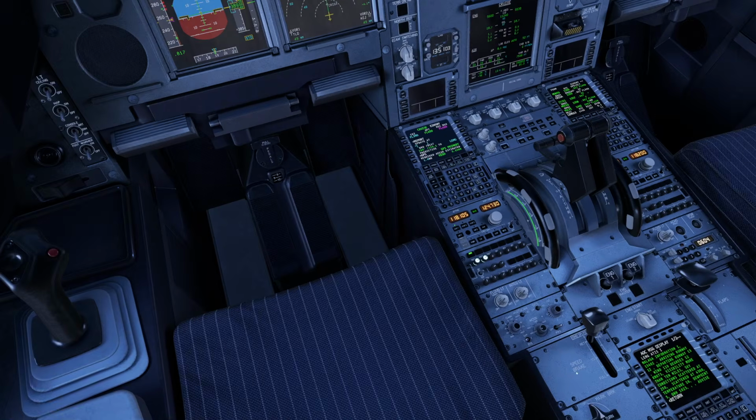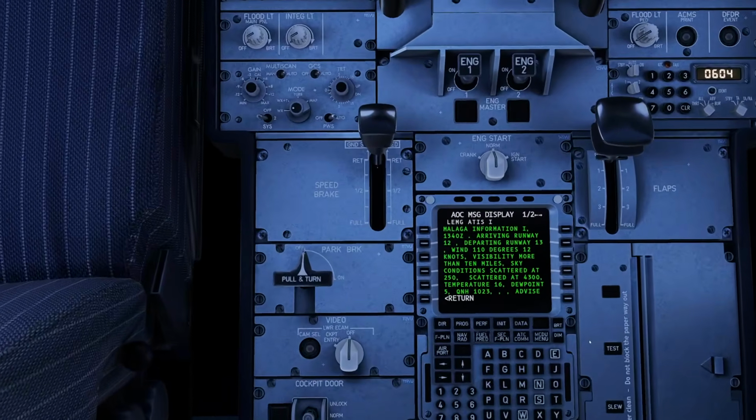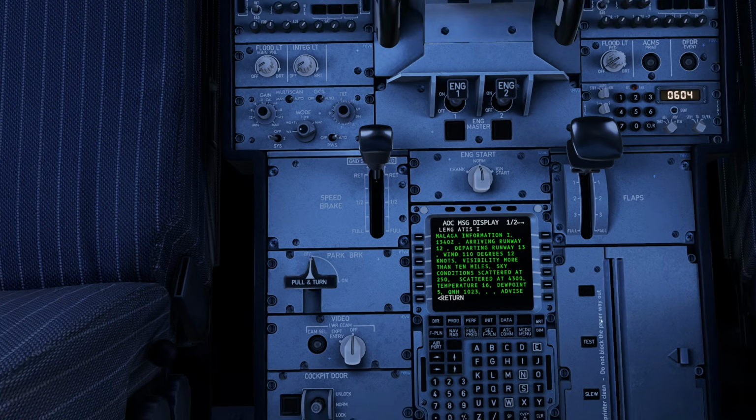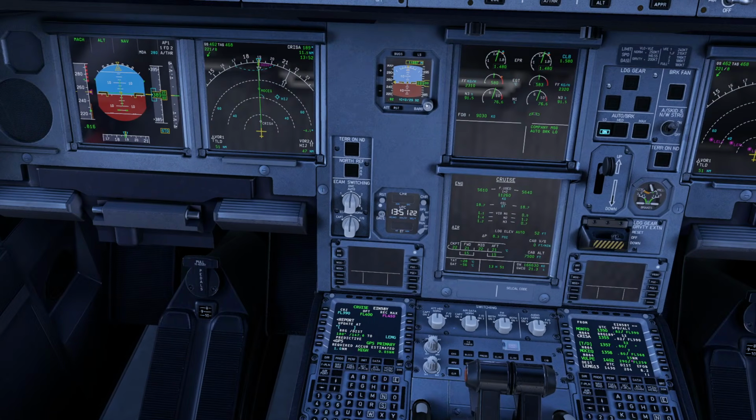I was just impatient. So I've got Malaga information India, arriving runway 12, departing runway 13. I'm going to land on runway 13 rather than 12. Not uncommon at Malaga, land on runway 13. I've got a QNH of 1023, so let's set that just now. QNH is